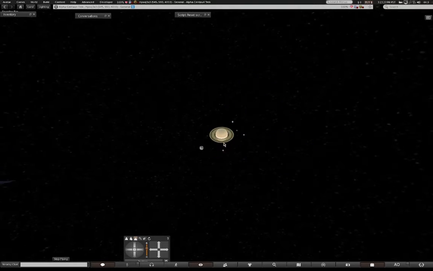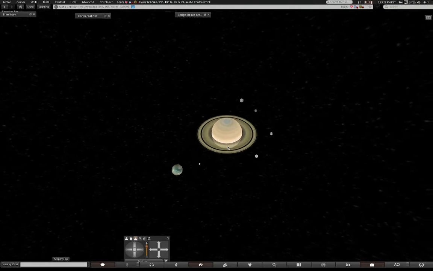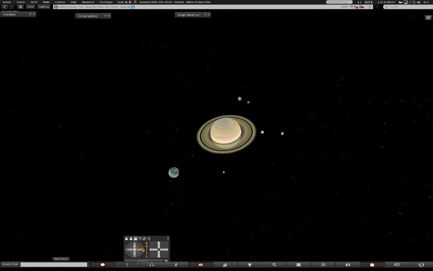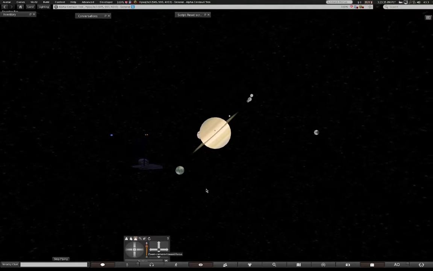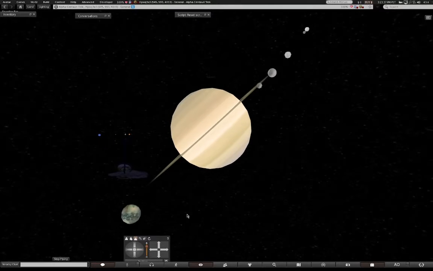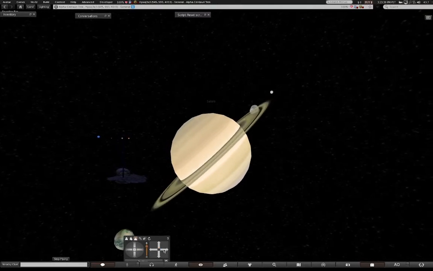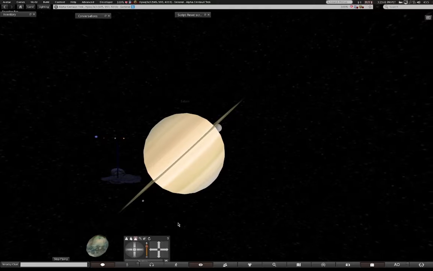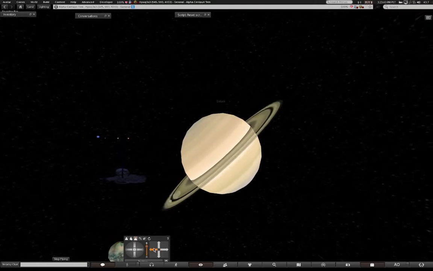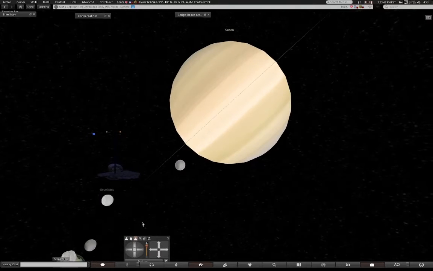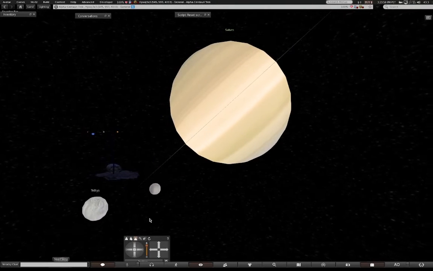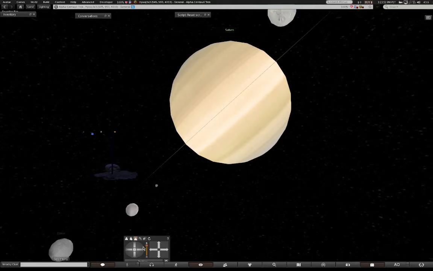Just about all the moons are probably at least double the actual size relative to the planet they rotate around. And you'll notice that Saturn has an angle of 45 degrees, where just about all of its moons, except one, which we'll show you in a minute, go round it at 45 degrees to the plane of the solar system,